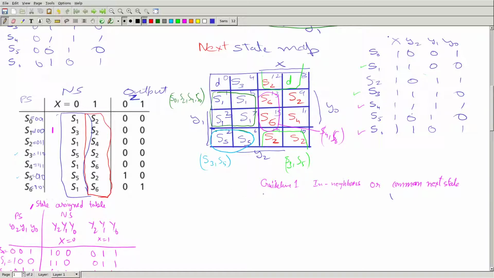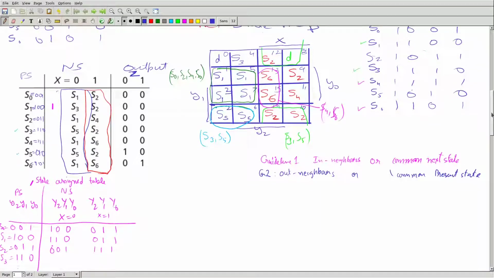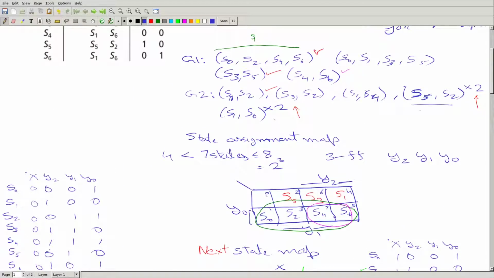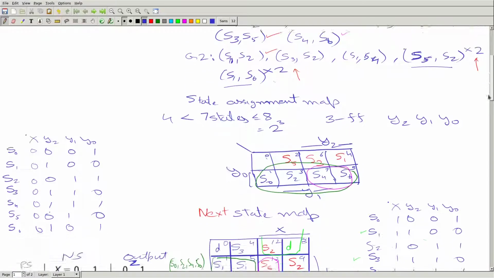But why do we need guideline 2, which is about out neighbors, or common present state, right? Why do we need this? So by putting the guideline 2 or out neighbors, the major guideline 2 we focused on was S2 and S5 and S1 and S6. So when we put